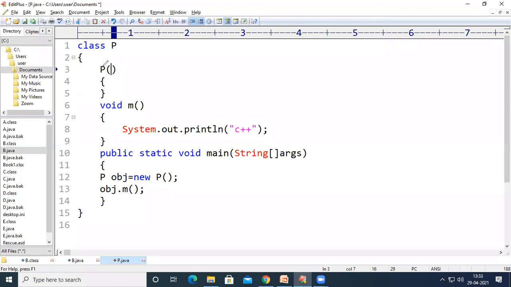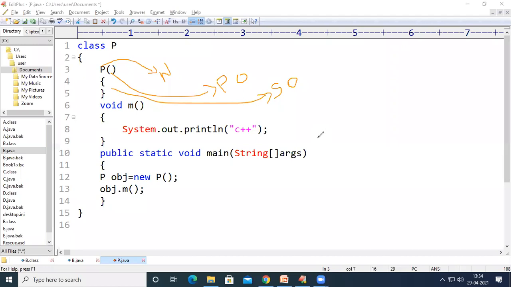For example, this is the name of the constructor and these are the parameters. If you observe the parameters, there are 0 parameters, and at the same time the body of the constructor has 0 statements.